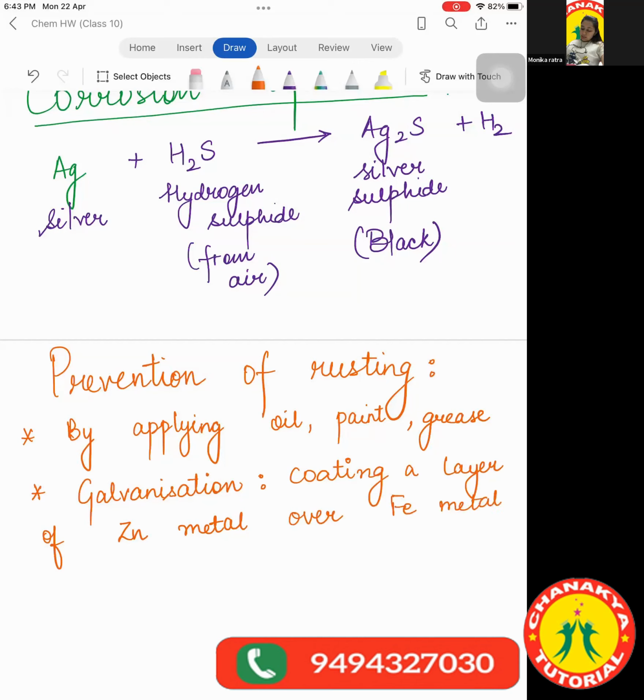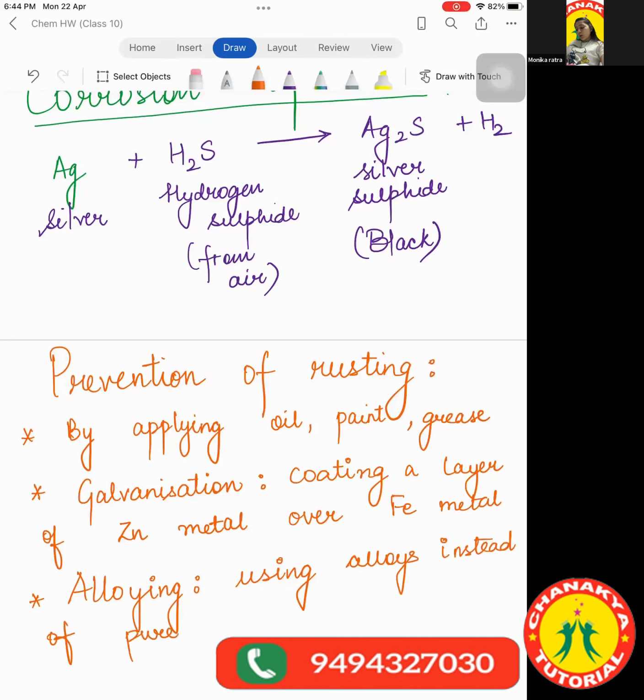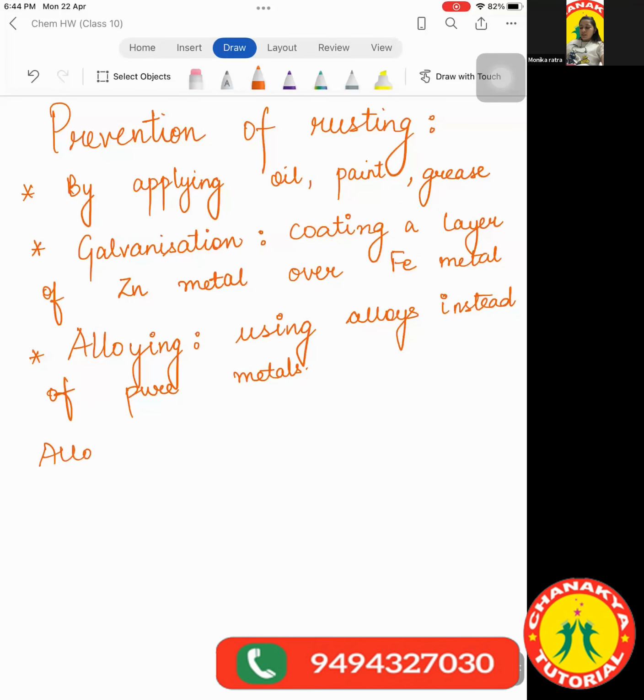The next is, any other point anyone knows to prevent the process of rusting? Nobody knows? Ma'am, alloys. Yes, very good. Alloying. So basically, using alloys instead of pure metals. Now, what are alloys? Alloys are